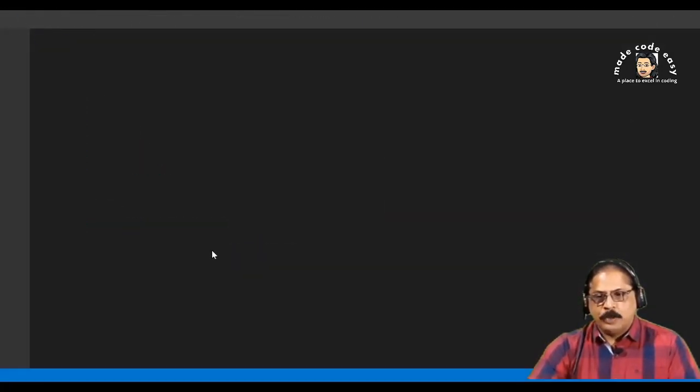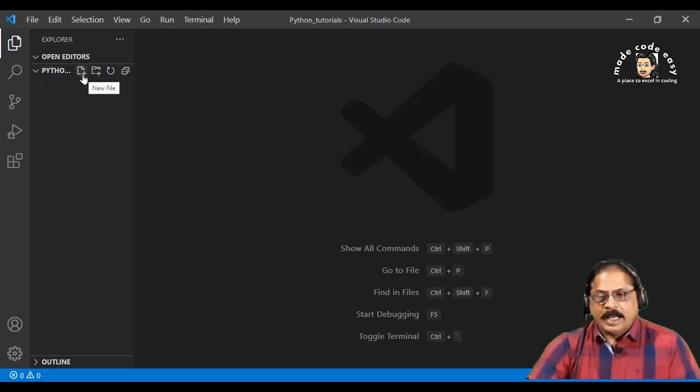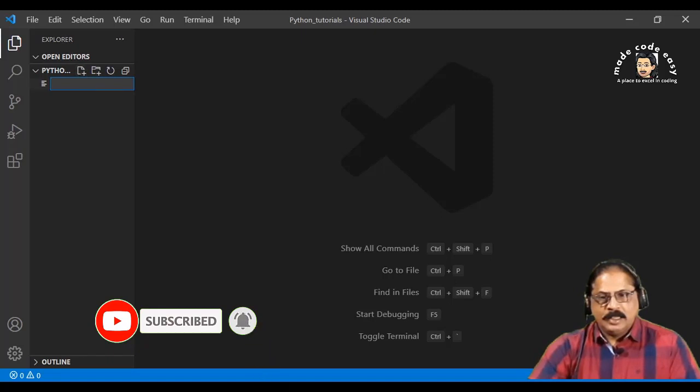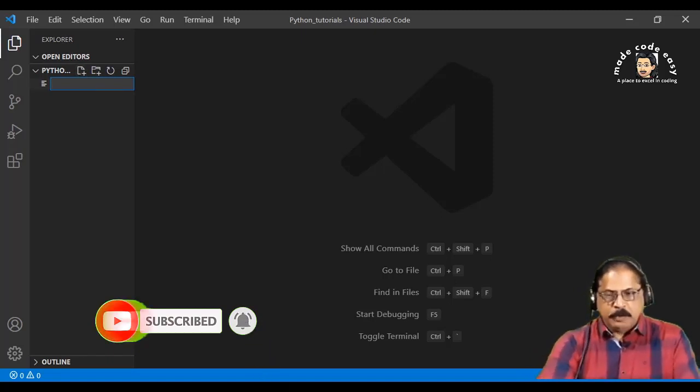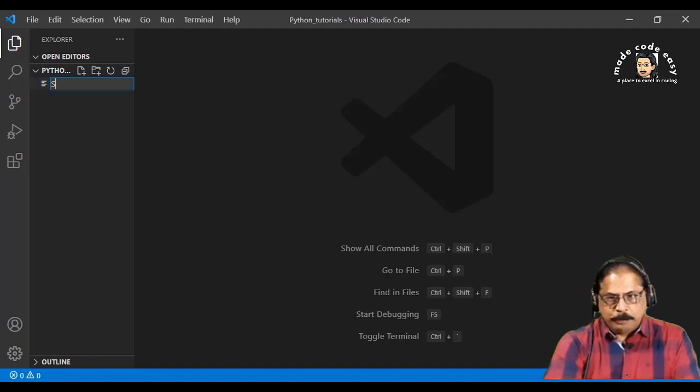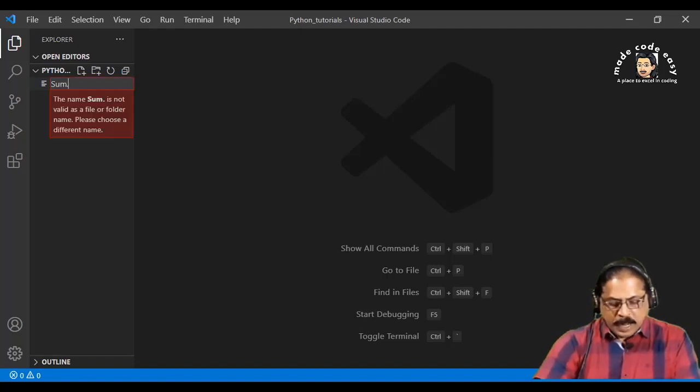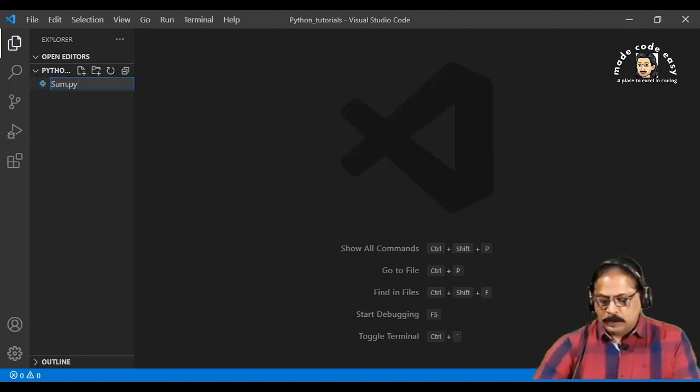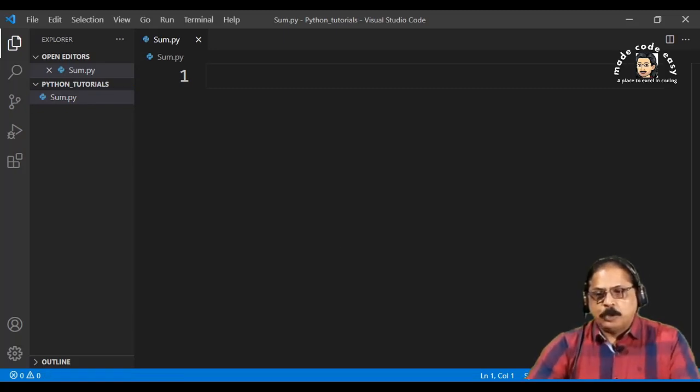I select this folder. I click on new file and I write down the name of the program, that is sum.py. Here I have to write the program of sum.